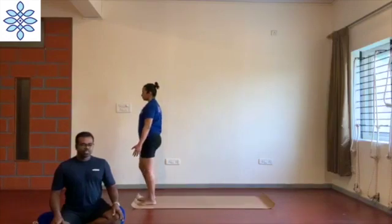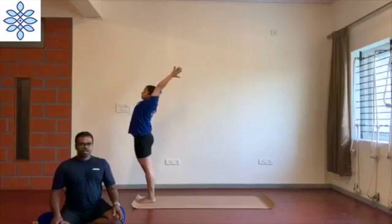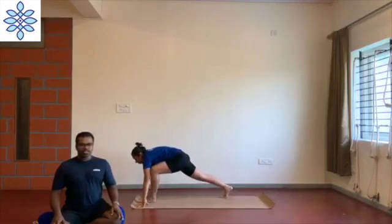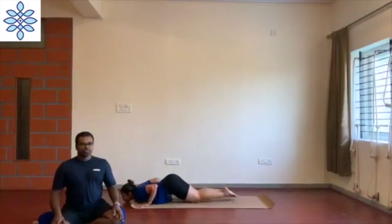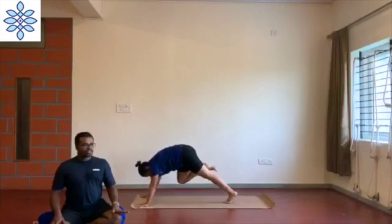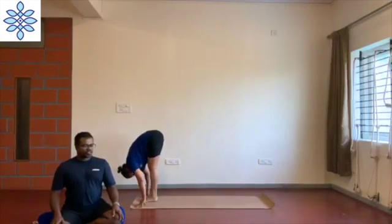Feet together. Last round, Pranamasana. Hasta Utthana, Padahasta, Ashwa Sanchalana, Dandasana, Ashtanga Danda Namaskara, Bhujangasana, Parvatasana, Ashwa Sanchalana, Padahasta, Hasta Utthana,